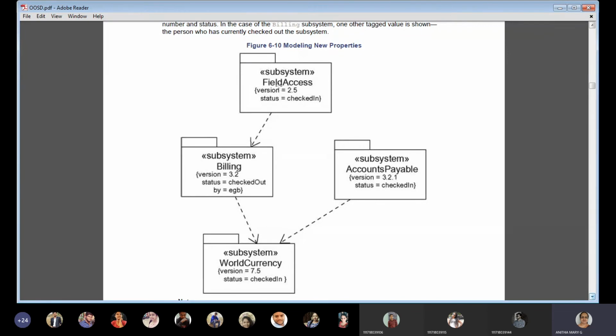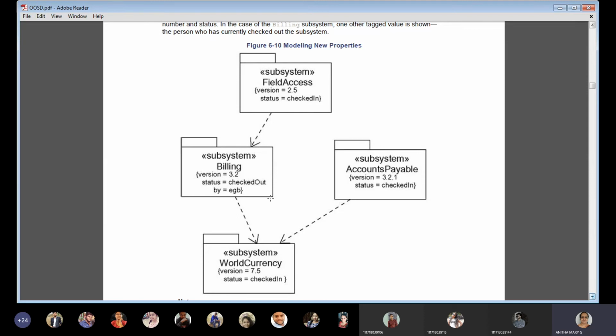You can name them: field access, billing, accounts payable, world currency. And then more properties of field access can be given within the curly braces by giving the version and status. Here the version and the status and by whom, and here also version and status.